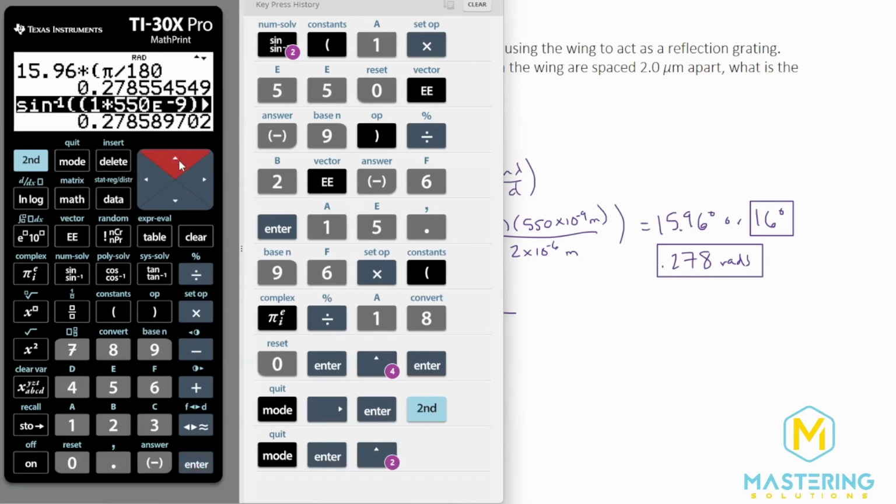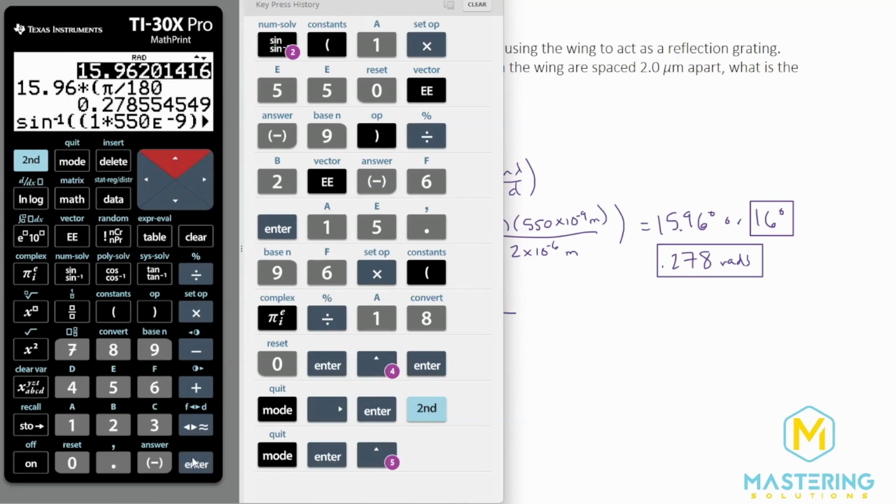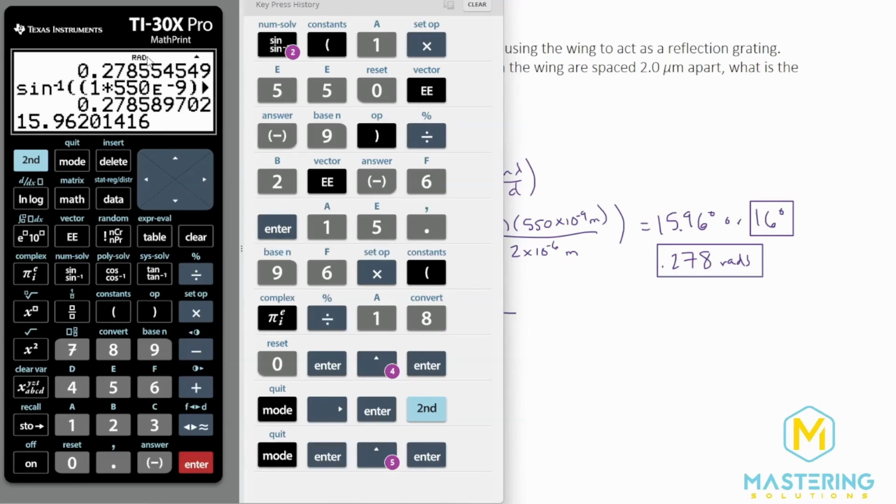Or if you forget to change it to radian mode and you only have degree mode, here is another way that you can do it on your calculator. Just for completeness, you first need to have it in the mode that you want to find for. And we need to tell the calculator that this is degrees.